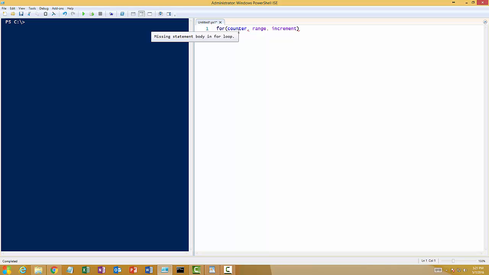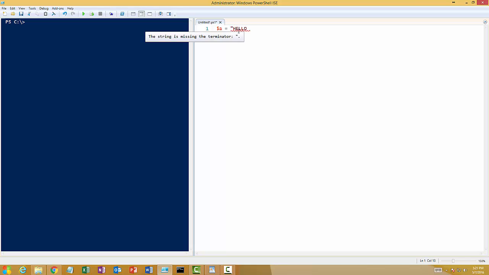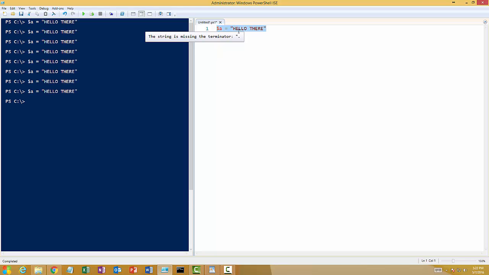So why do we need this? Again, to execute a similar command again and again and again. Let's say we have a variable $a that says hello there, and we want to output it several times. We can keep on executing the same variable, I mean echo the same variable again and again, but this is pretty